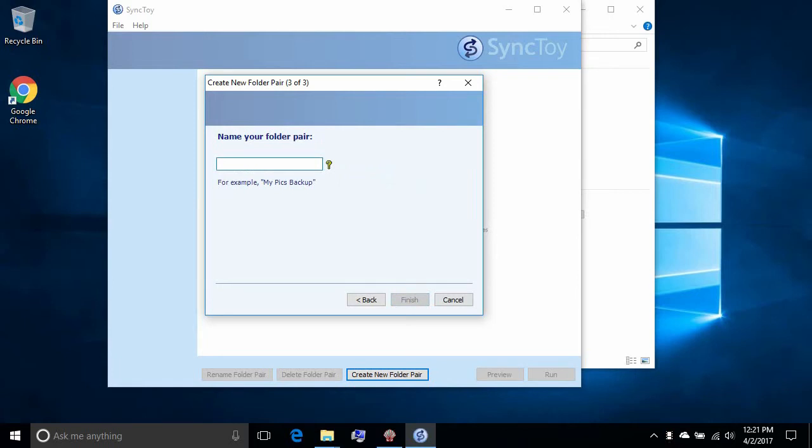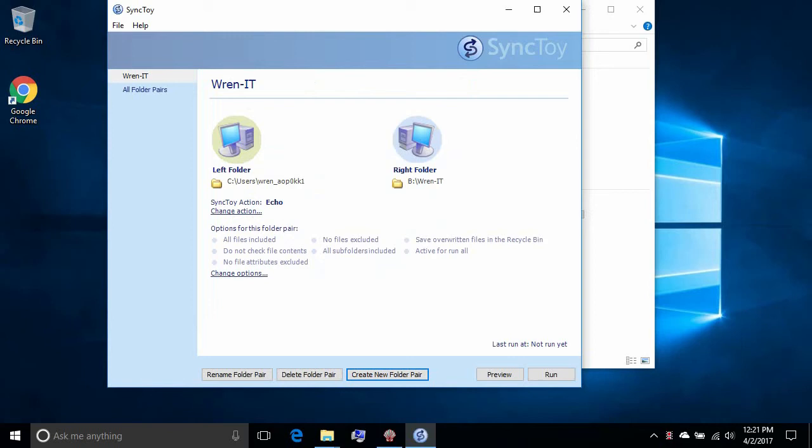And we've got to name that folder pair. So we're going to call it Ren IT. That's just the name of the pair. You give it any name you want. And now we're pretty much done. However,